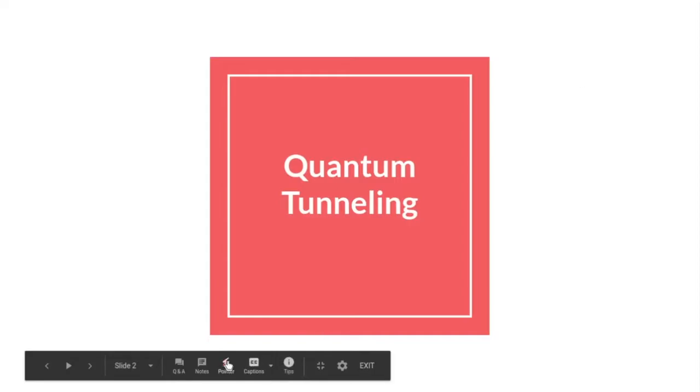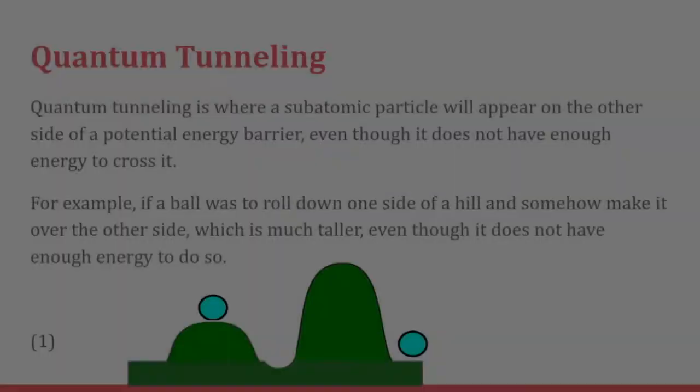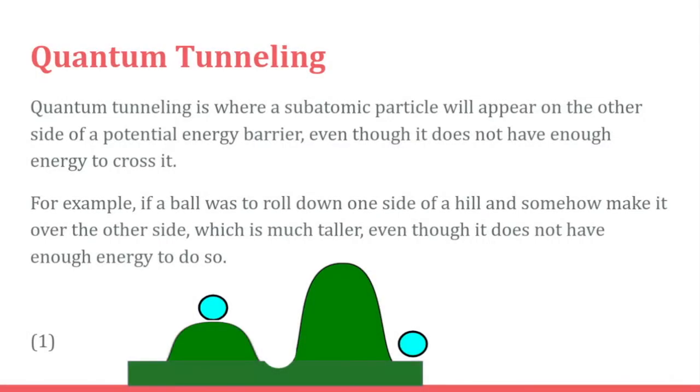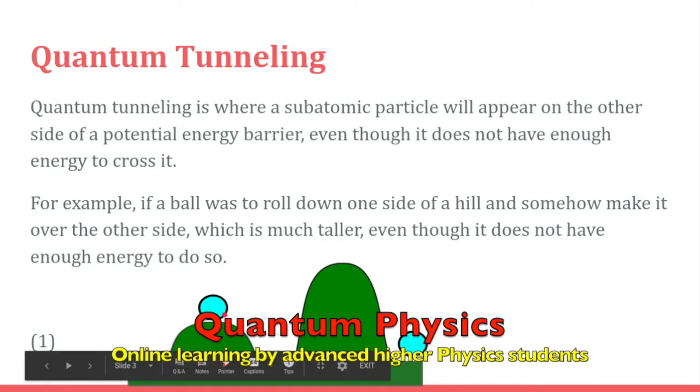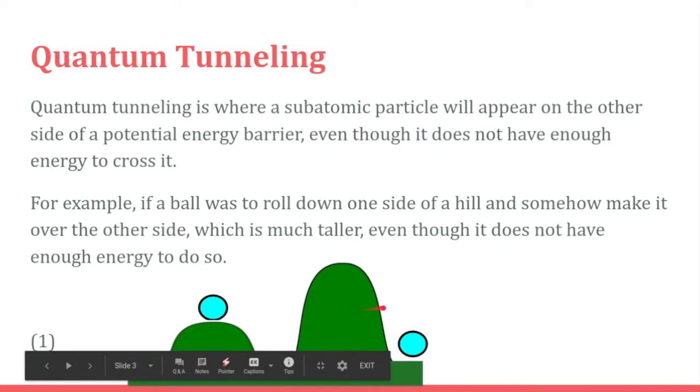So I'm doing my presentation on quantum tunneling. Quantum tunneling is where a subatomic particle will appear on the other side of a potential energy barrier, even though it doesn't have enough energy to cross it. For example, if you look at the ball here, in quantum tunneling, if the ball was to roll down the hill, it would somehow appear on the other side, even though it doesn't have enough energy to cross over the